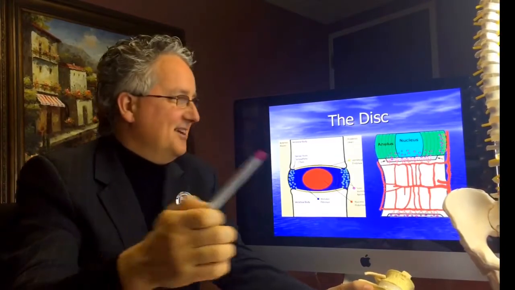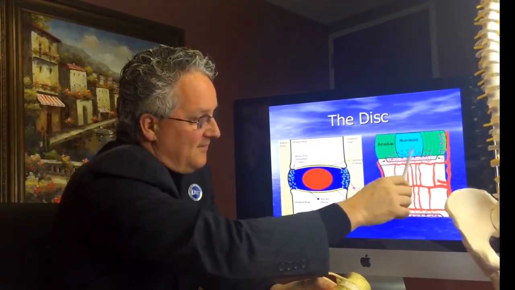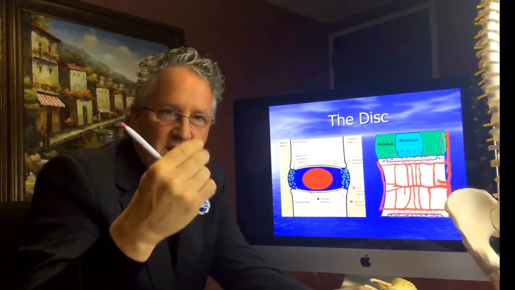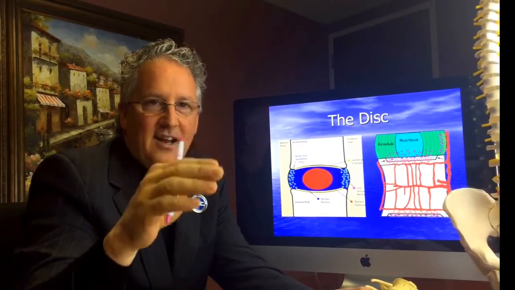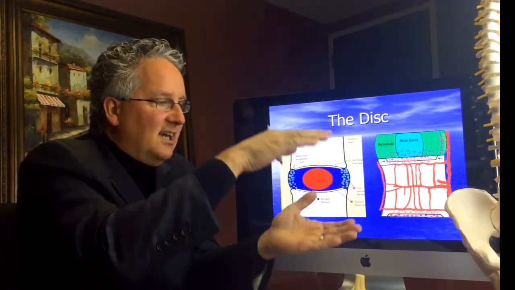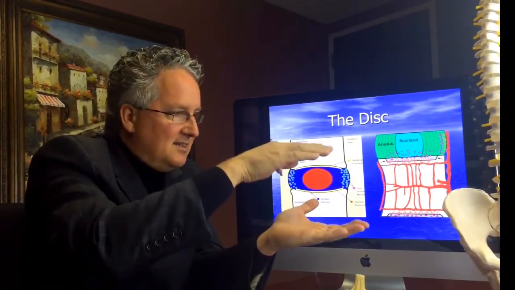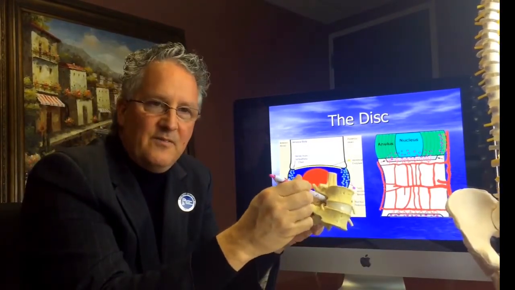It's not easy to say. The disc degenerates because it's losing its fluid, and the nucleus, the jelly, is getting drier. It's kind of like letting the air out of your tire. What happens is the vertebrae start to get closer together, and as they get closer together, the little opening in the back, the foramen, where that nerve comes out,